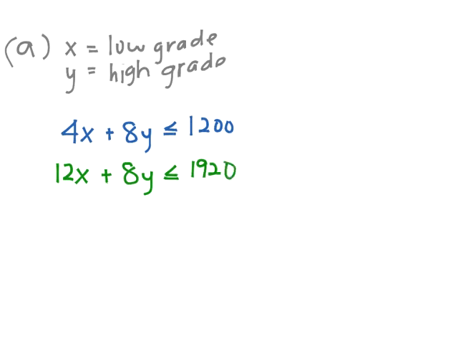So that is the second limitation. So the first one is for cashews and the second one is for peanuts